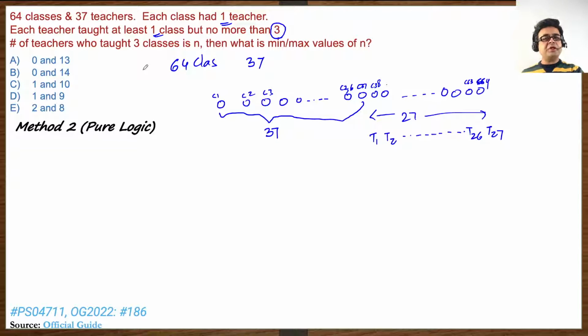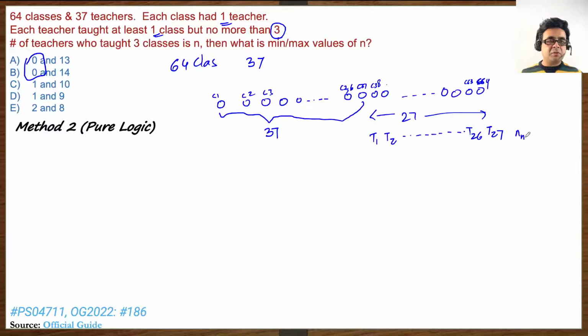So there is no teacher who gets 3 classes at this point, right? So n minimum value is 0. Now that brings our answer choices to these 2 things. It doesn't help us get to the answer, but we know that C, D and E cannot be the answer